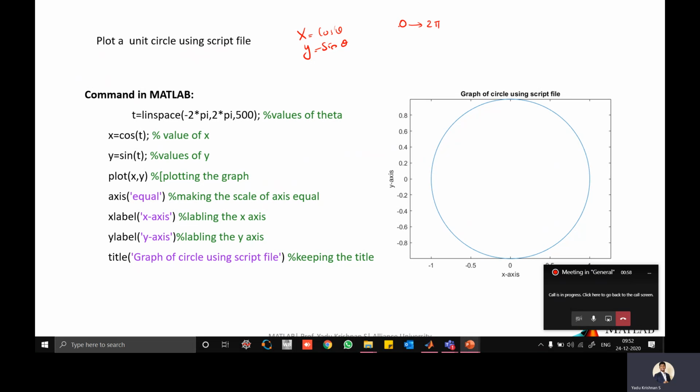So the thing is here, since it's a curve, you always have to go with n number of points. For a straight line, if you know this point and this point, it's very easy to draw the line, right? But for a circle, if I take 0 degrees as one point and 45 degrees as another point, MATLAB will not come to know that this is a circle. It will go like this. We don't need that. What we need is n number of points so that it becomes a circle.